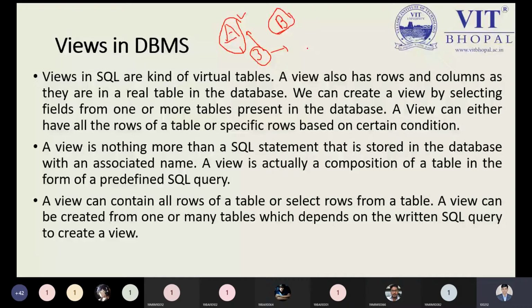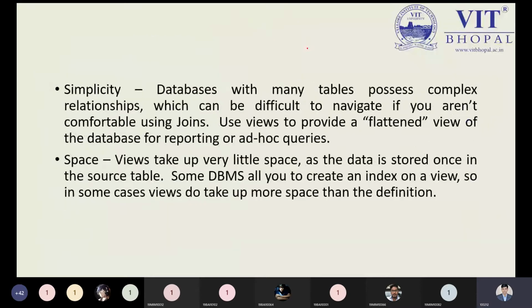So a view is actually a composition of tables in the form of a predefined SQL query, and it can contain all rows of the tables or select rows from the table. A view can be created from one or more tables, depending on the SQL query written to create the view.